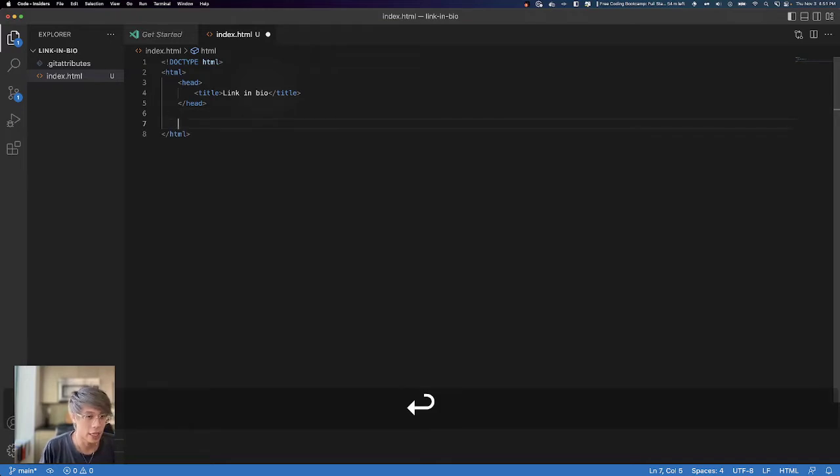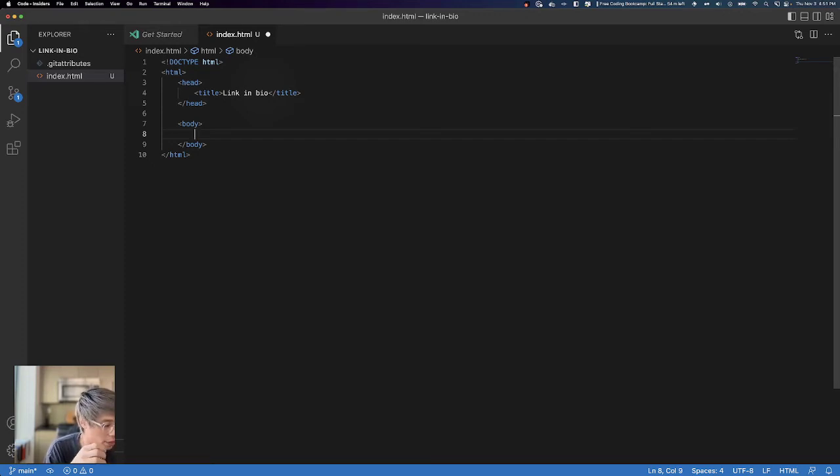I'm going to now open up the body. Just as a refresher, the body of the HTML document is where all the visible content lives, right? Like all the images, all the header text, all the lists and all that, that's all going to be in the body. So I'm going to create the body. Okay, cool. There are many different styles of writing HTML, but what I'd like